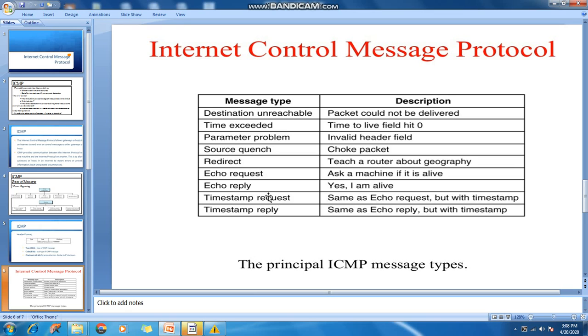Mostly in applications such as online live streaming of video, we need time synchronization information. If the time is not synchronized, there will be a break or gap in the video that is displayed. To avoid that, timestamp request and reply messages are sent between the nodes or hosts that are in communication.